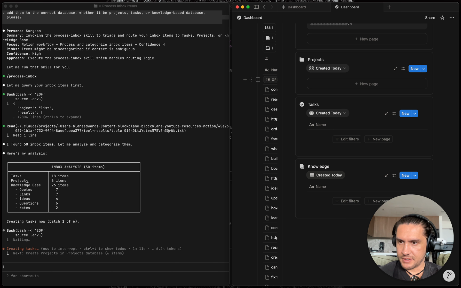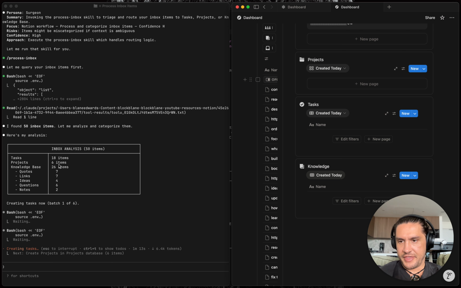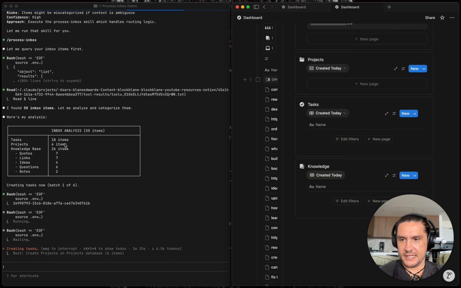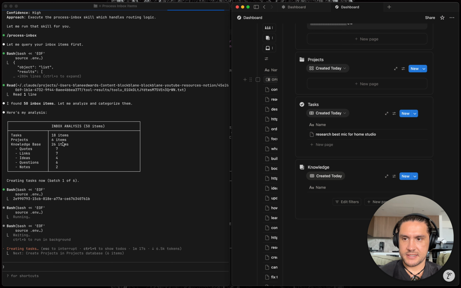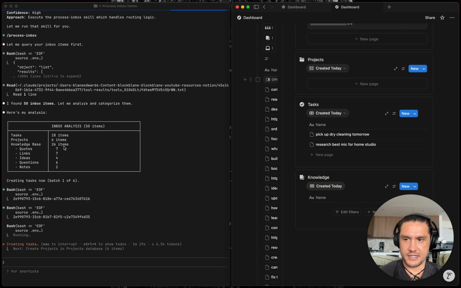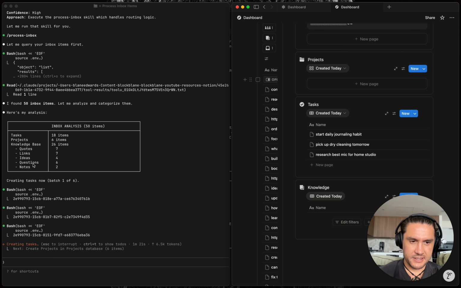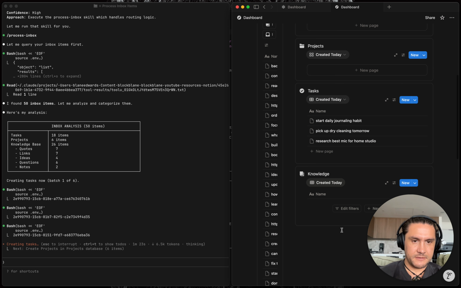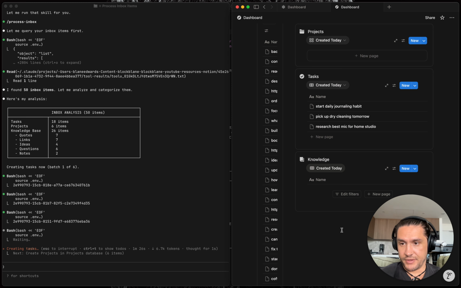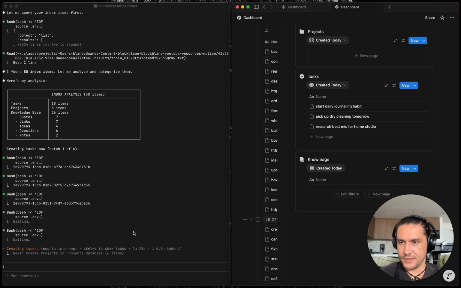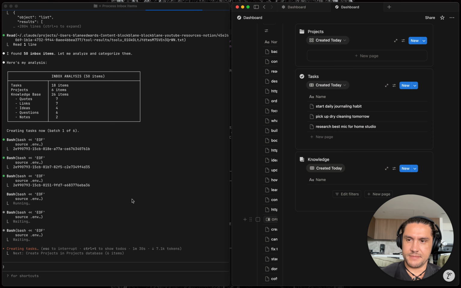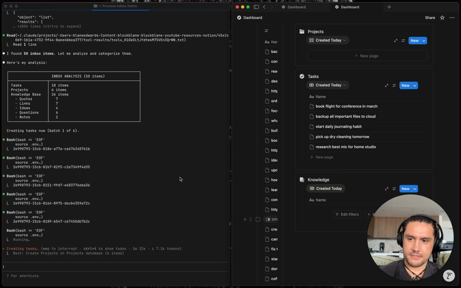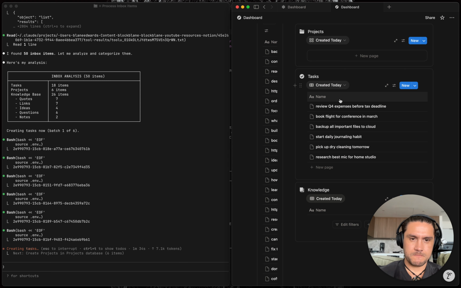Okay, so what's it got here? It thinks, based on the analysis, that there's 18 items that should be tasks, 6 that should be projects, and 26 that should be items with these particular tags. As you can see here, it's going through those already, and it looks like it is doing it sequentially as opposed to using sub-agents to do them in parallel. But it's still working